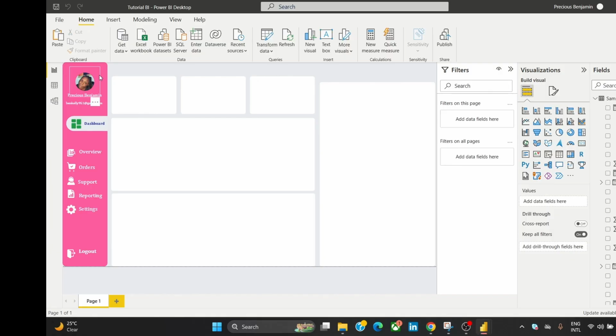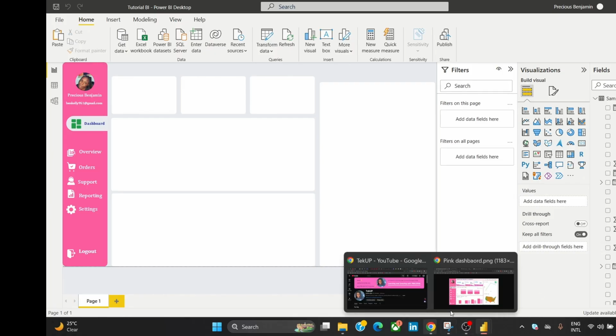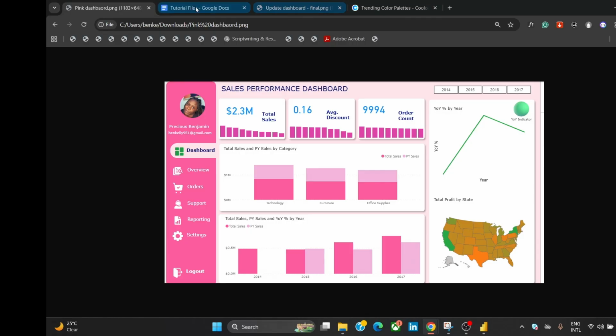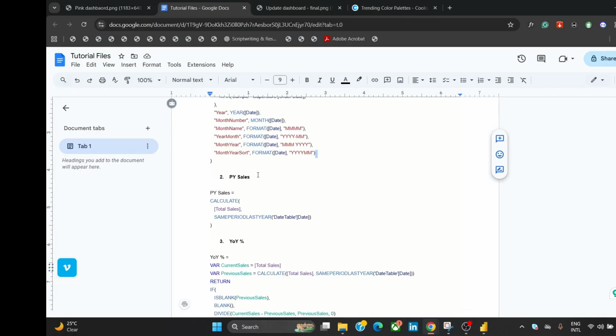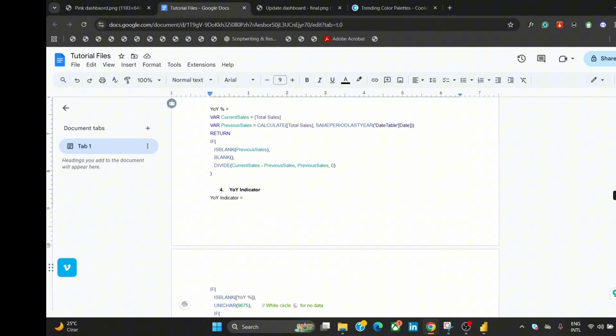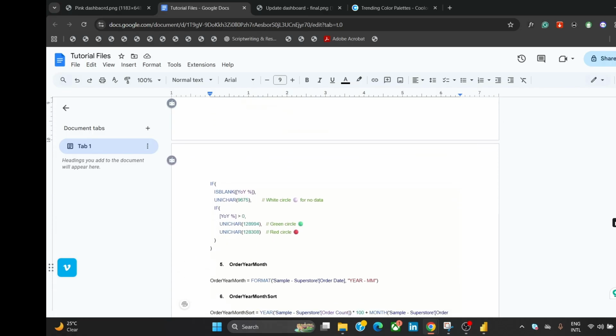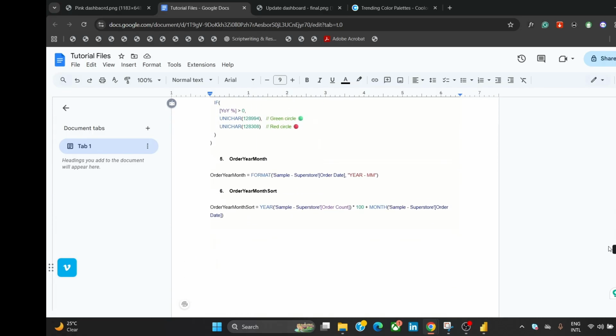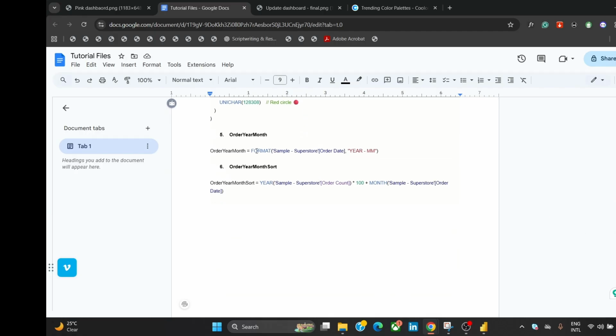Now, to do that, the first column I want us to create is our order year month. Now, let's go over to this. Now, like I said, I'll be leaving this particular file in the video description. Now, this actually has the complex DAX functions we are going to be making use of for this project. Now, the first thing I